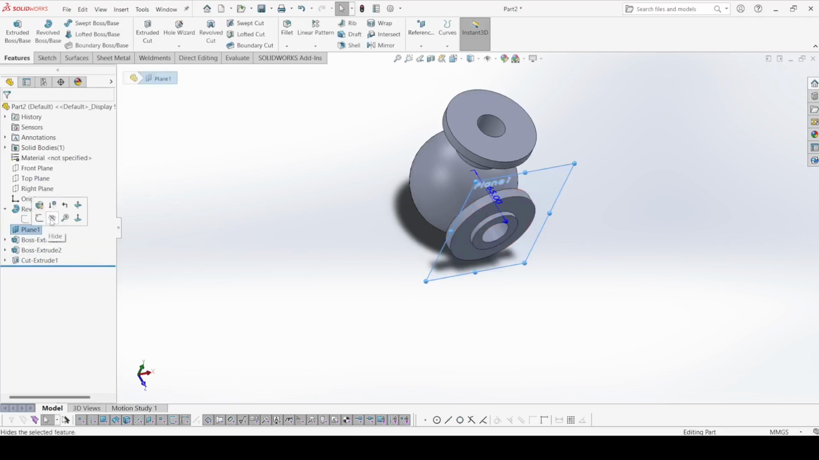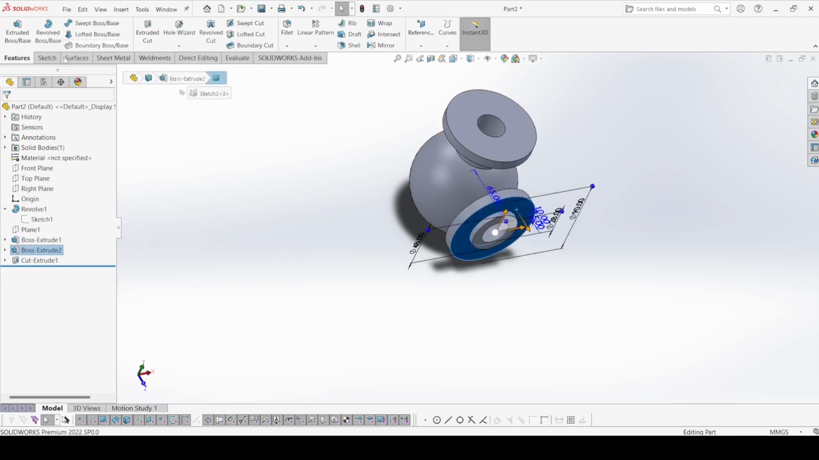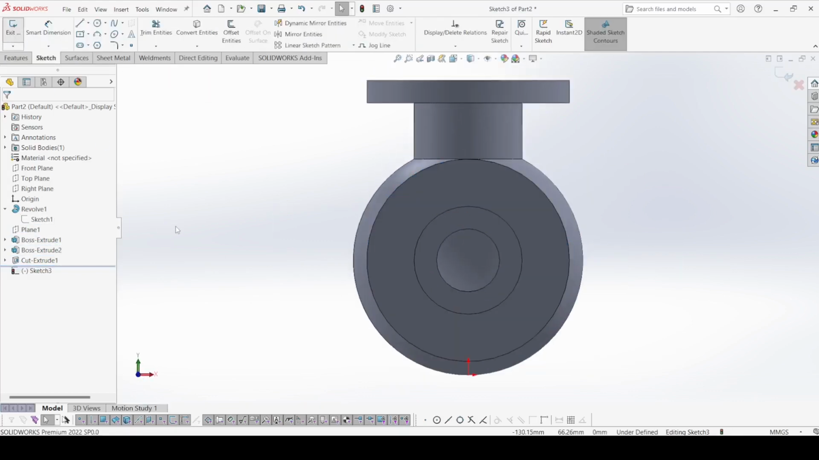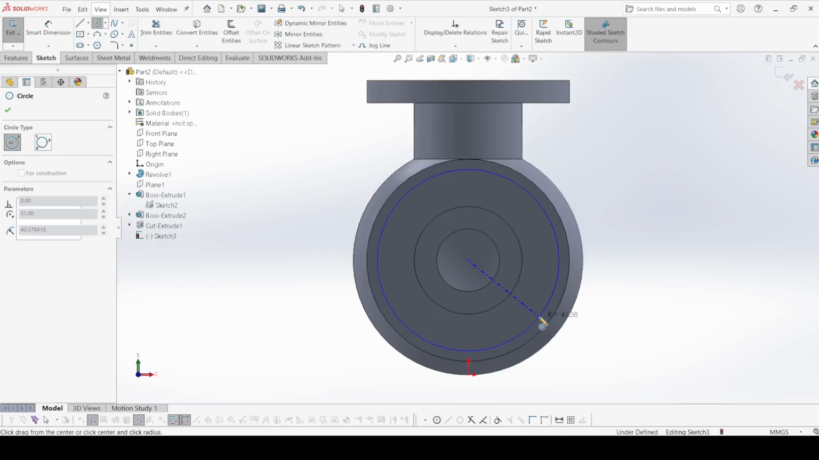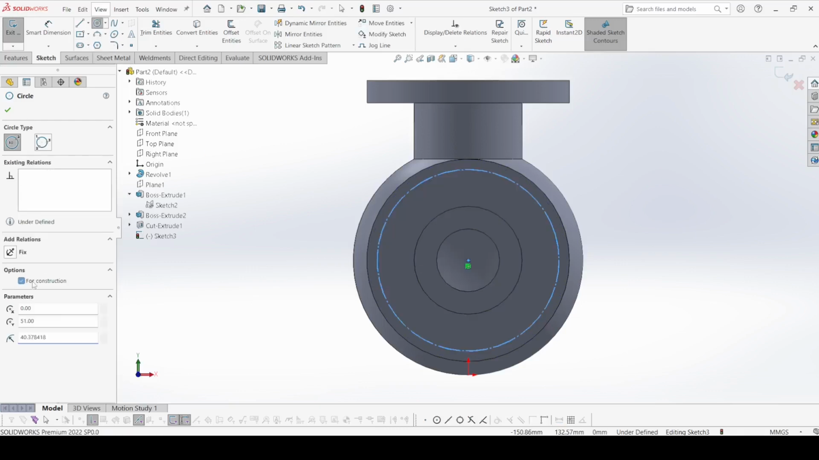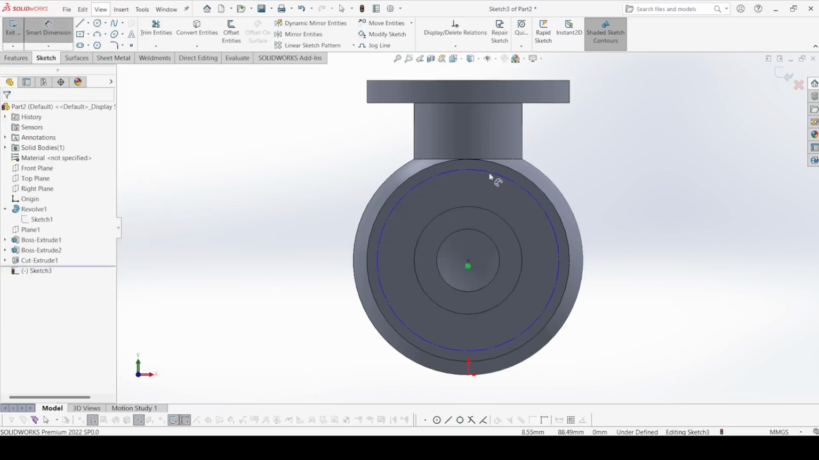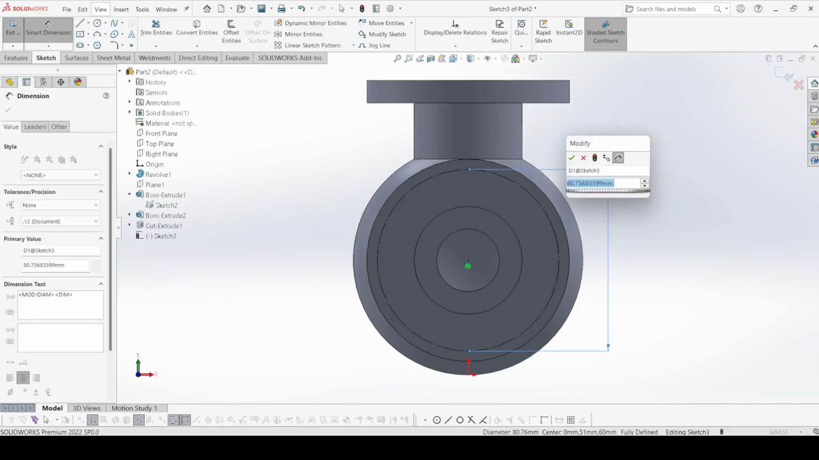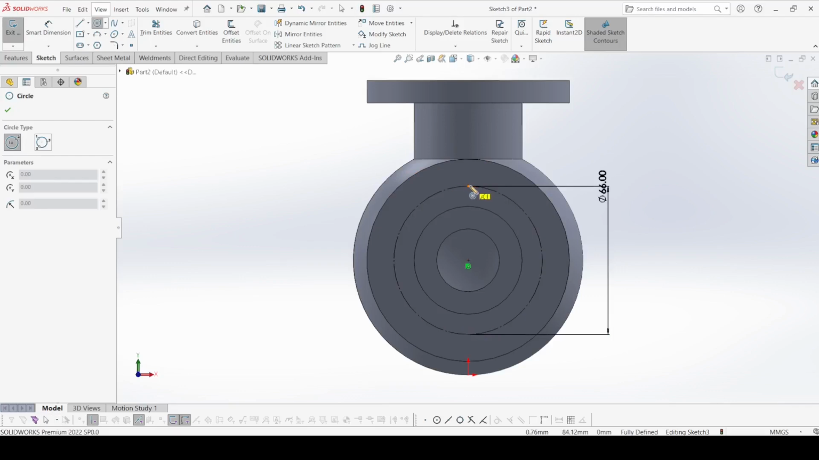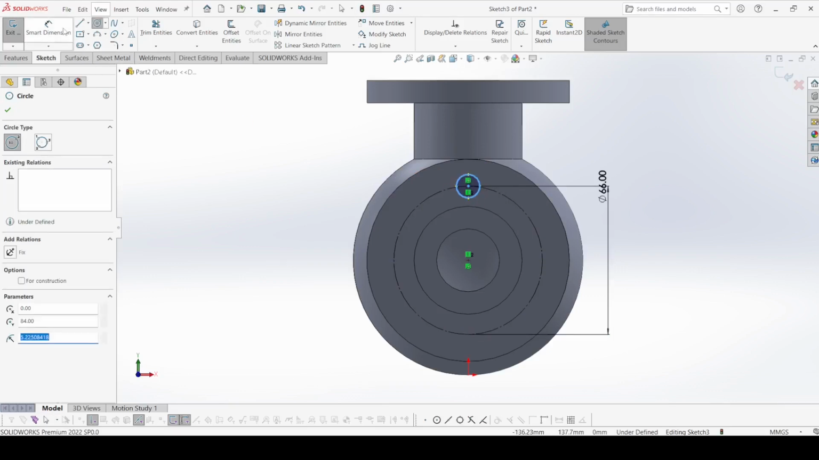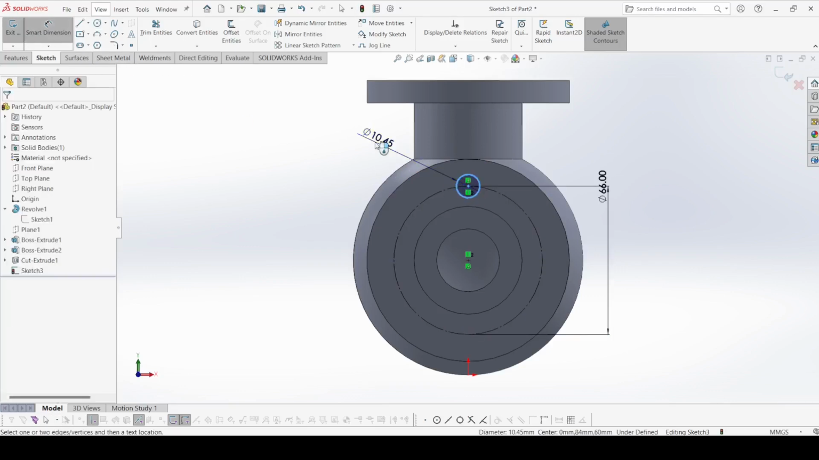Now just hide this plane. Now select this face and go to sketch. Now select circle and draw one circle here and make it construction. Go to dimension, and the dimension of this circle is 66. Now select the circle again and draw one circle here. Diameter of this circle is 12 mm,